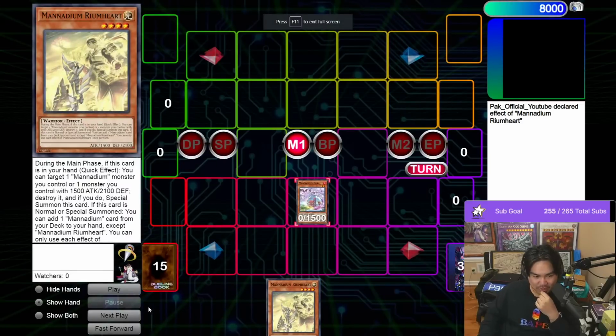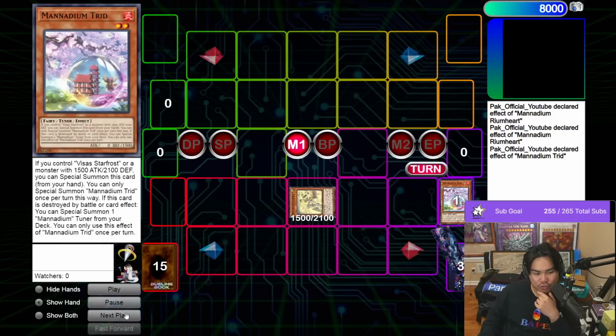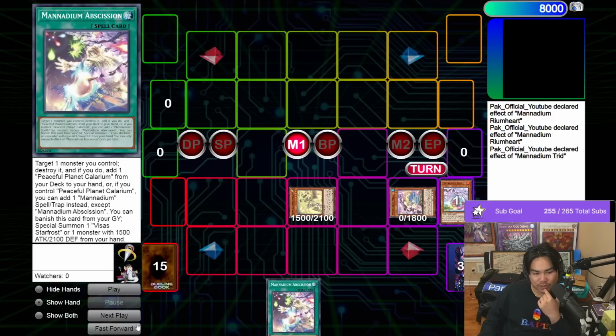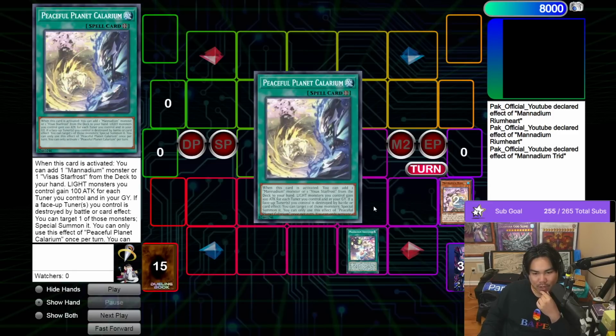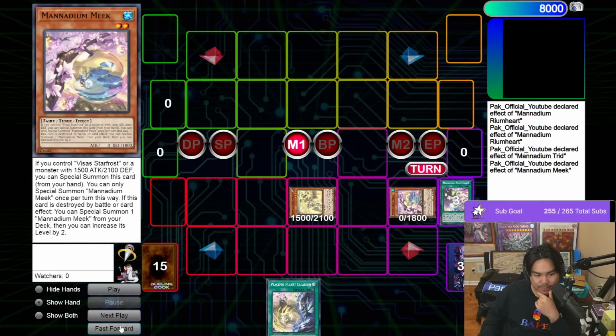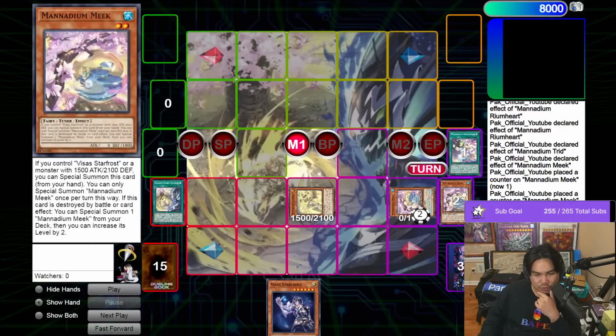Alright, let's check some of the combos out. So if you open Trid plus Dreamheart, this is what we were trying to do. You normal summon Trid, Dreamheart effect special summons from the hand, pop the Trid. Go Chain Link 1, Chain Link 2, Trid summons the Meek, Dreamheart stirs Obsession. Obsession effect will pop the Meek, searching Calarium. Meek will then trigger to summon another Meek from the deck. You'll activate the effect of Calarium to search a Starfrost and activate Obsession in the graveyard to summon the Starfrost